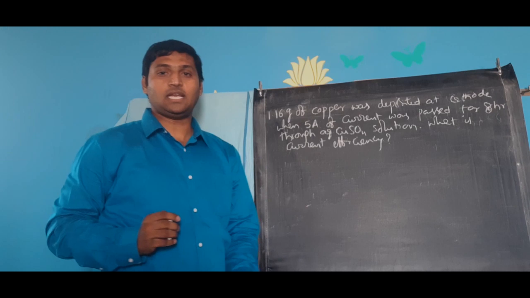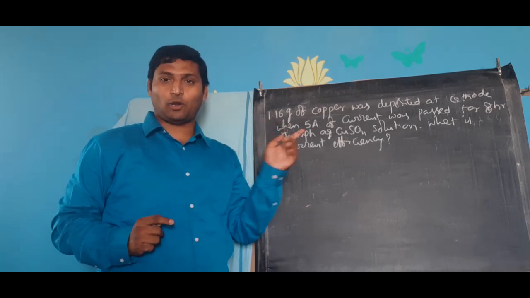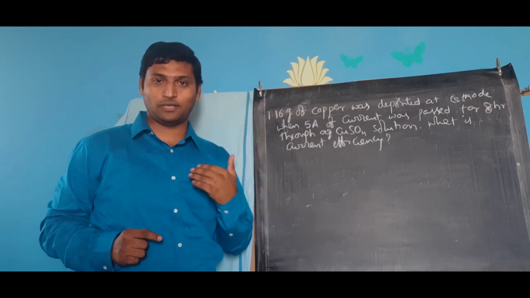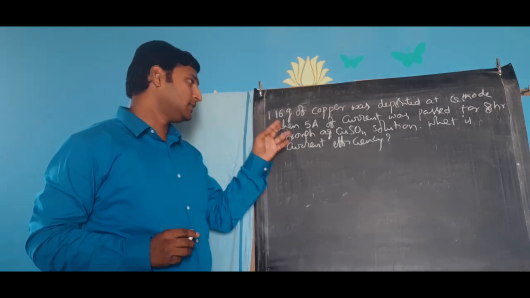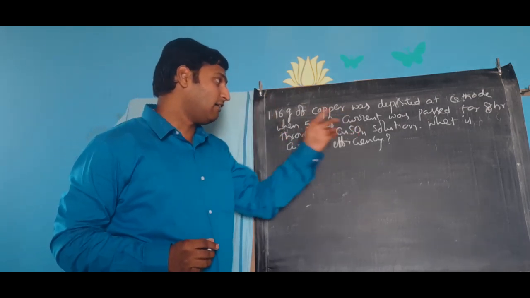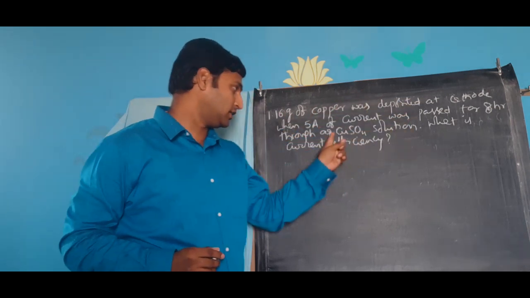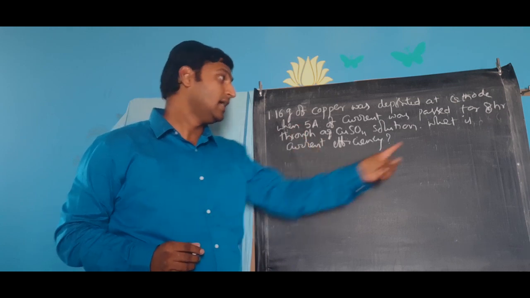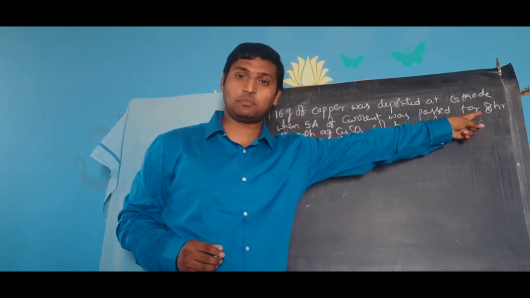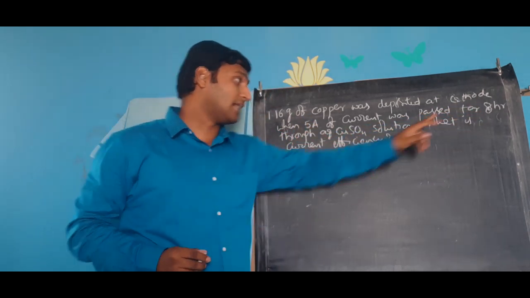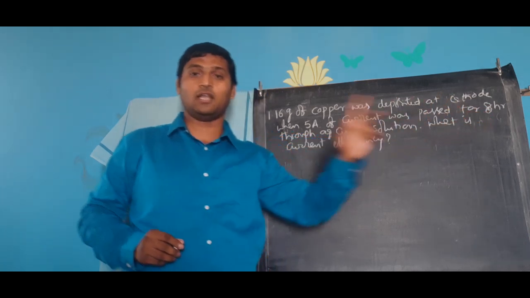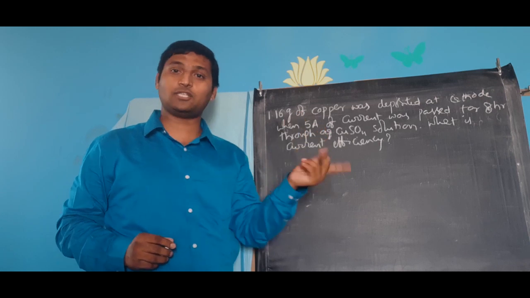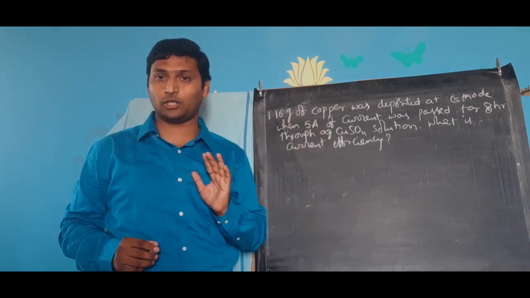Okay. Now, take down this problem into your notes, try and solve it yourself, and then listen to my solution. See, the problem is, they have mentioned it is aqueous copper sulfate solution. They have mentioned how much current is passed, and how long it was passed. So, current as well as time duration is given. When you know current as well as time, and you already know it is copper, you will know its equivalent mass also is 32.